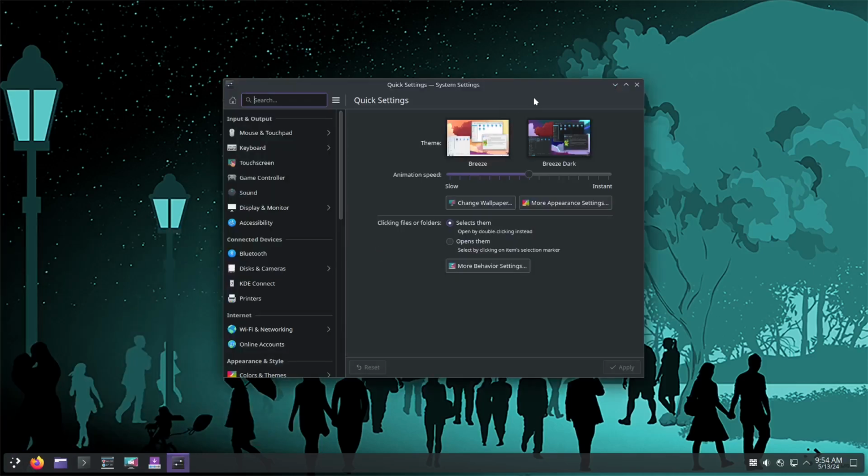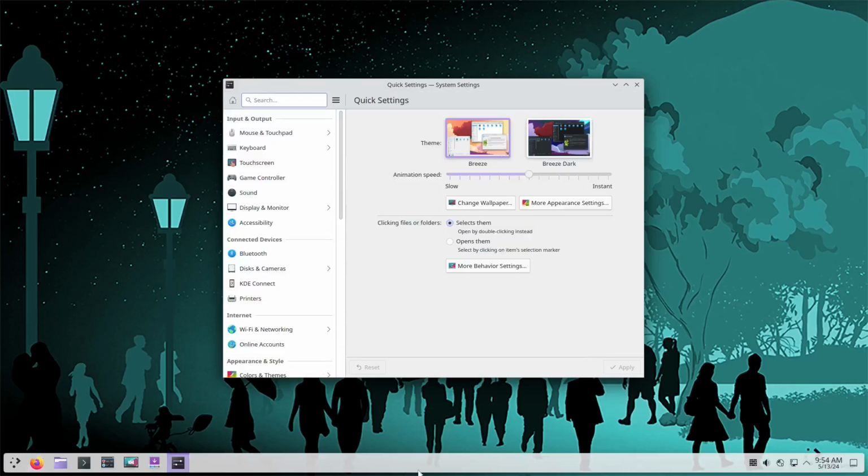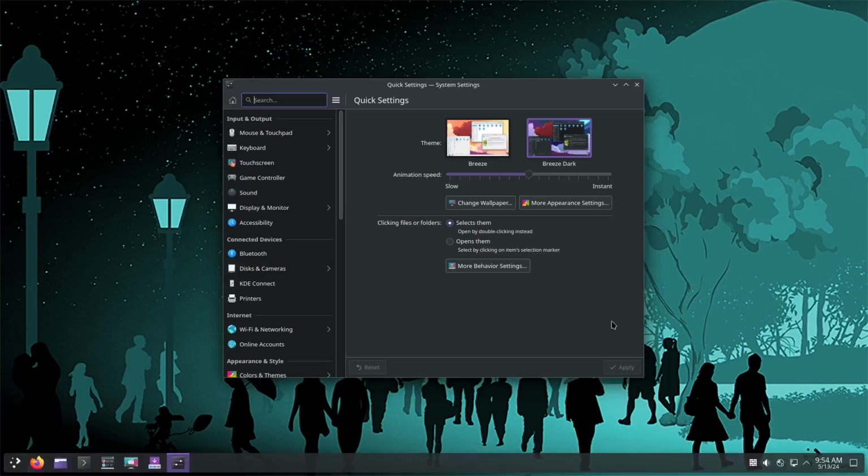settings. So we are given the options for theme, if it is light or dark. So let's try the Breeze Light and then apply. So it is light mode. How about the dark mode, which is the default one? Now you can see that it is pleasant to the eyes. It is not too bright that you could hurt your eyes